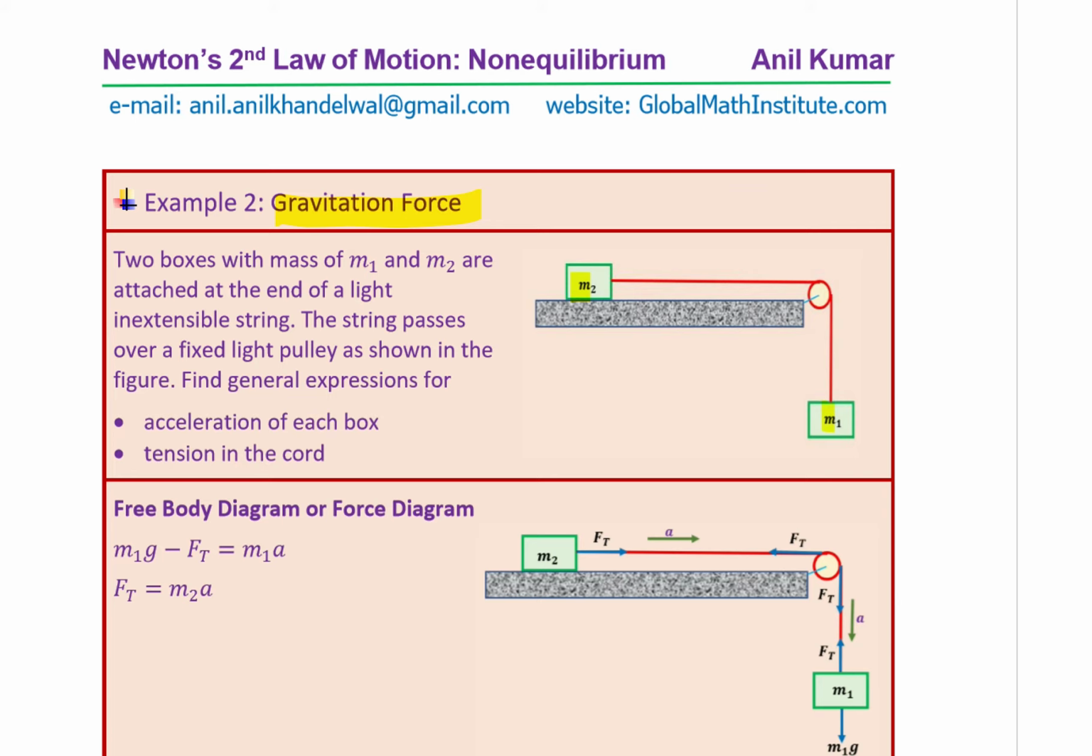So the question is, two boxes with masses M1 and M2 are attached at the ends of a light inextensible string. The string passes over a fixed light pulley as shown in the figure. Find a general expression for the acceleration of each box and the tension in the cord. Okay, so we have shown the free body diagram here. Look at this box, for example, M1. It is being pulled by the force of gravity. M1g is the external force being applied here, right? So this becomes the external force,